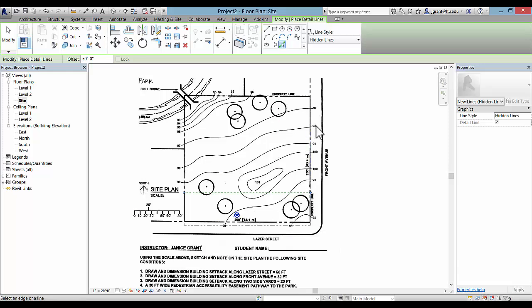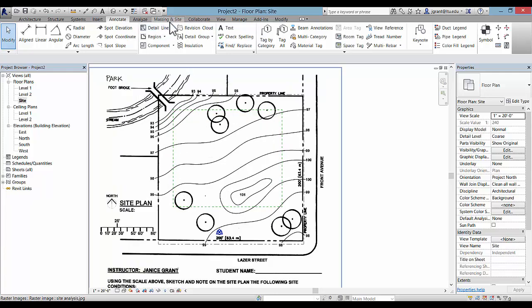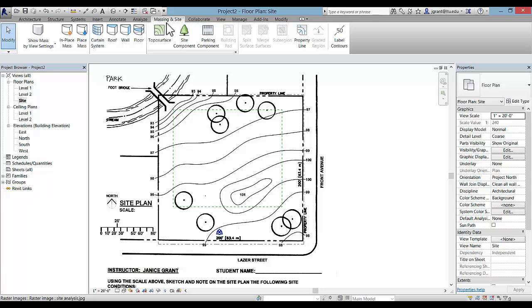And then along Front Avenue here, I'm going to change this to 30 feet for the offset. Go close to the property line on the right side and click, and then I'll change it again to 20 feet for the 2 side yards. Here I'll click at the top property line, and here on the left side. So now I'll have my site setbacks, and in the Massing and Site tab, I'm going to go ahead and